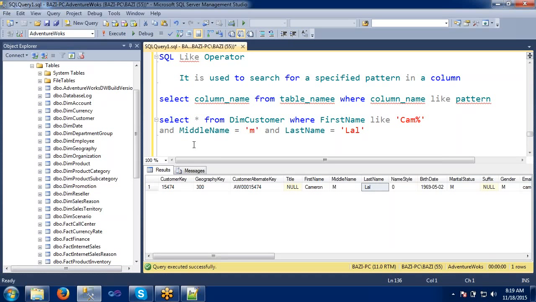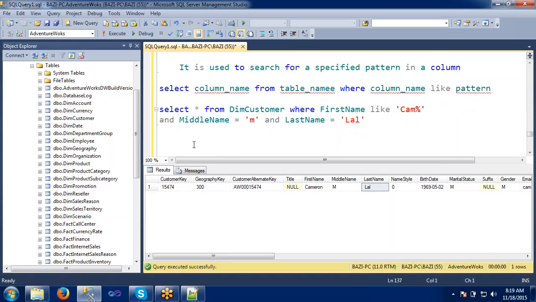So we'll look into one more thing, that is nothing but joins. This is a very, very important topic. If you have any doubts, just let me know. In this topic, we are going to see the joins topic.